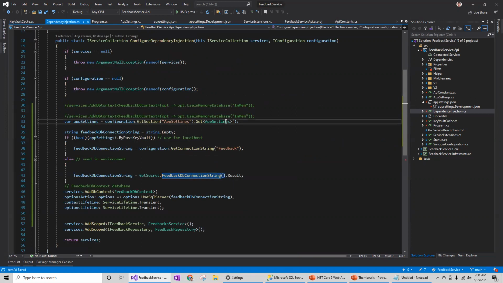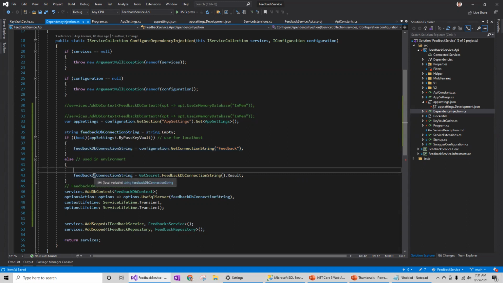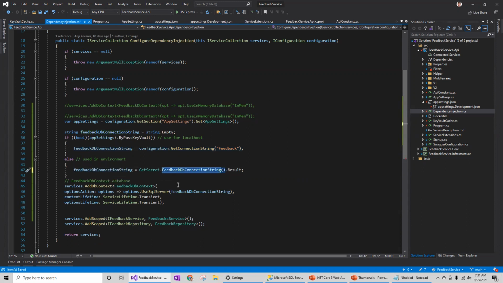What I'm going to do is read the app settings from the appsetting.json file and check if the bypass Key Vault is true. If it is true, then just get the database connection string from the appsetting.json file, just like we normally get it. Otherwise, get it from the Azure Key Vault.